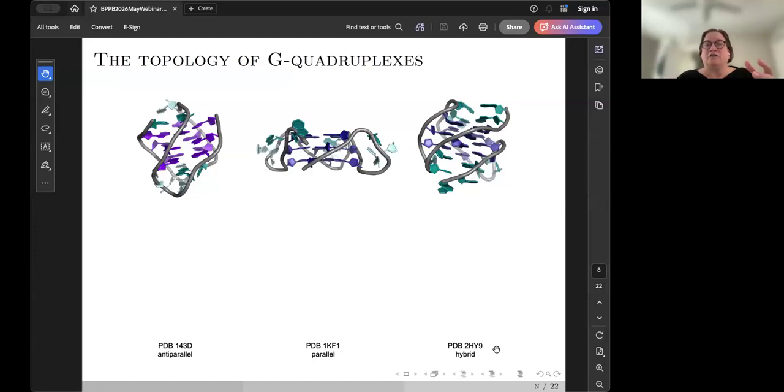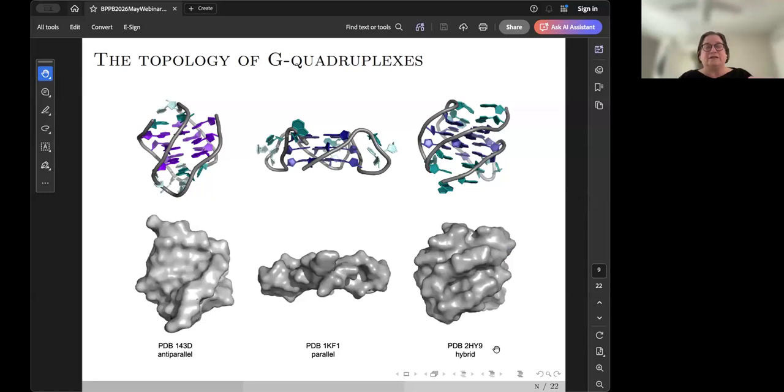But when we look closely and think about this from a space-filling view, it's very clear that they're occupying very, very different shapes. And one would anticipate that this would influence how they interact with the replisome and the replication machinery to cause